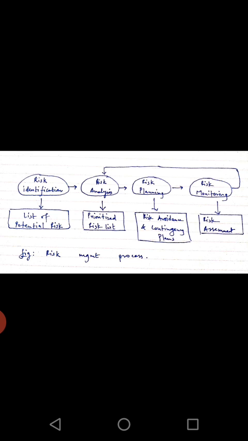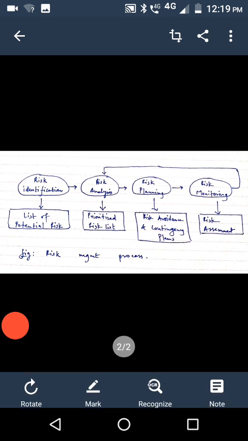For example, in the rainy season you have chances of slipping while walking or while driving a two-wheeler, but in other seasons that particular risk